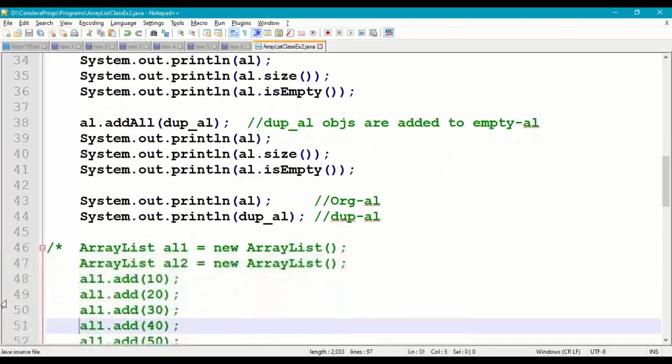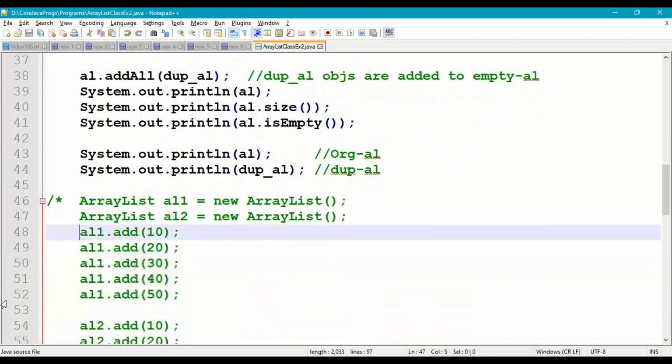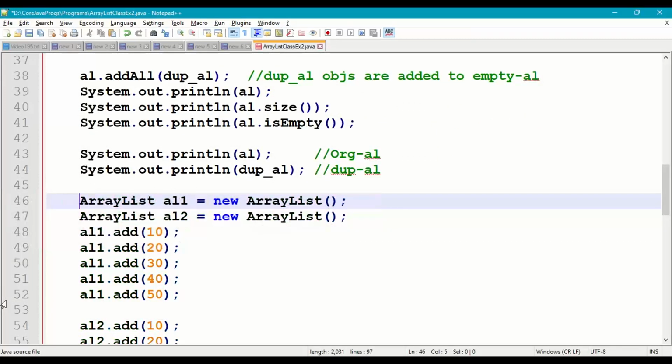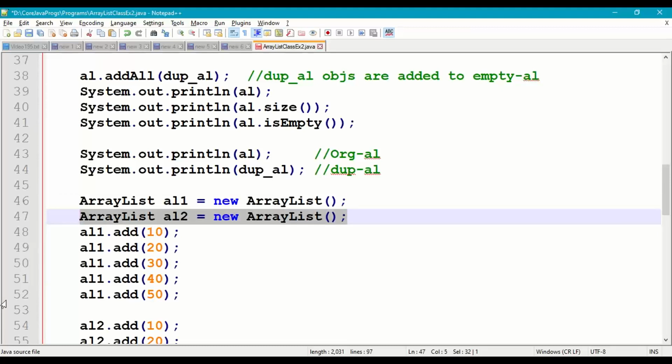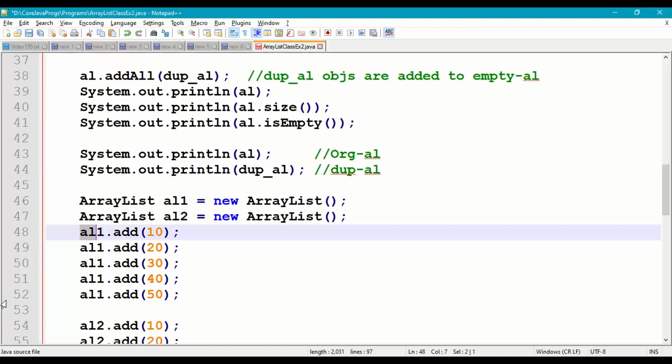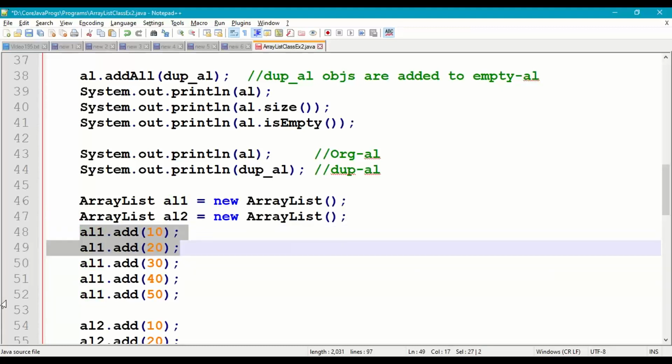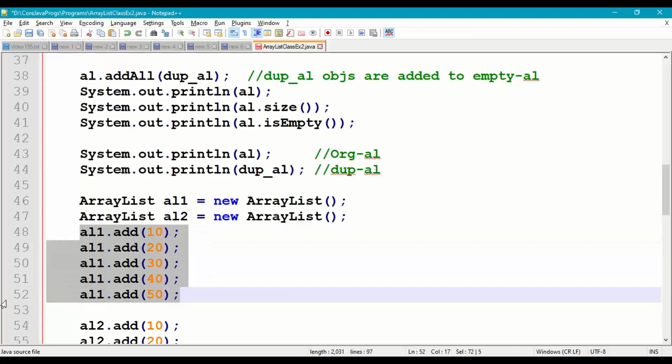Next we'll take a few more ArrayLists. It goes like this: ArrayList AL1 new ArrayList, second one ArrayList AL2 new ArrayList. In ArrayList 1 I'm adding 5 elements, 10, 20, 30, 40, 50.